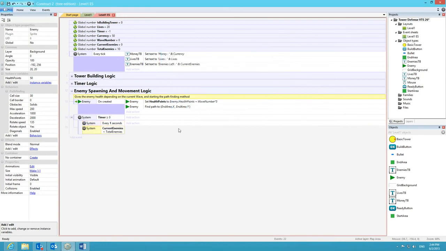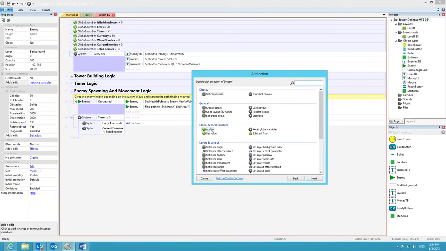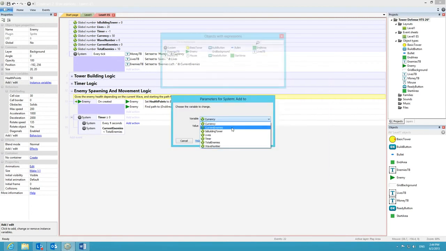Yeah, what we will be doing here is adding to the system, we'll be adding a value to our current enemies by 1,